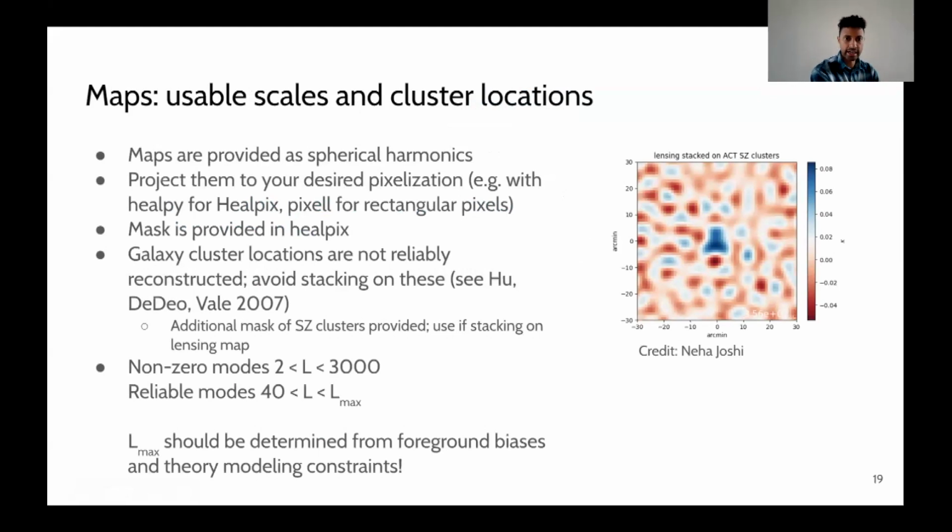I want to point out the galaxy cluster locations. So we discussed this in Madhavacheril et al. The fact that in this lensing map that we provided, the galaxy cluster locations themselves were not reliably reconstructed. This is due to subtleties associated with the quadratic estimator that are discussed in this paper by Hu, DeDeo, and Vale from 2007. We recommend avoiding stacking on galaxy clusters themselves. In particular, the SZ clusters from ACT, these had special treatment applied to them. So for example, you can see here that if you stack on the lensing map at the location of the